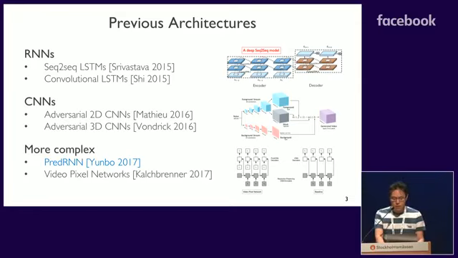And our model is basically an RNN model. Another category of previous architectures is based on CNNs. They always combine adversarial training with the CNNs. And recently, more complex models have been proposed, including the DeepMind model, VPN, and our model, PredRNN.